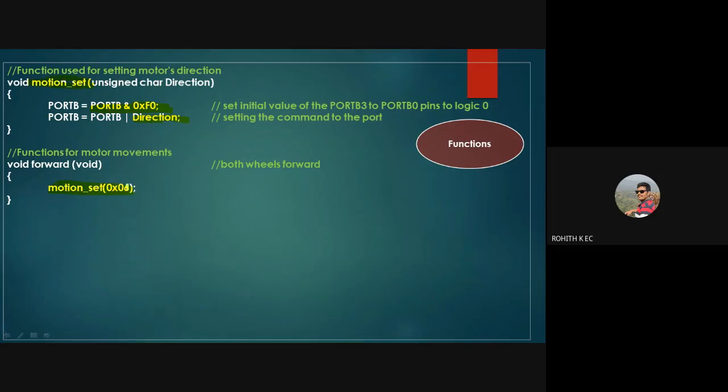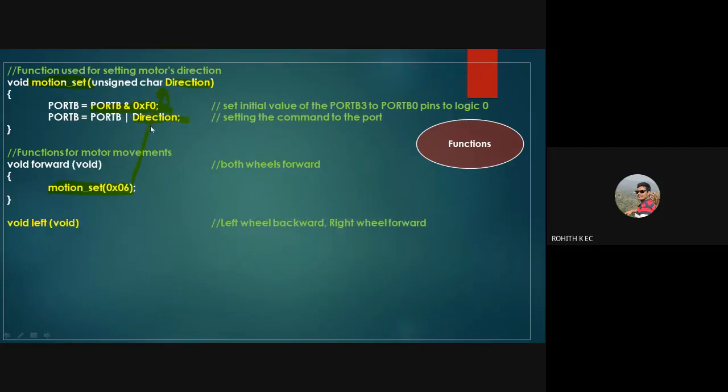This value 06 is taken as the argument, and this 06 will go to the place of direction. That means it will come here. So port B will be ORed with 06. In this way, whatever value of motion set you send here will be ORed with port B, and the motor will move accordingly, right?